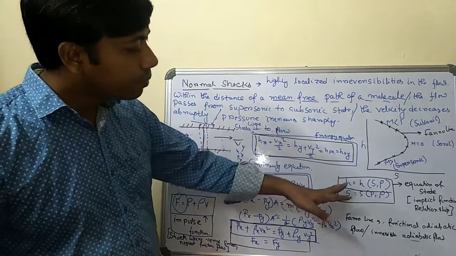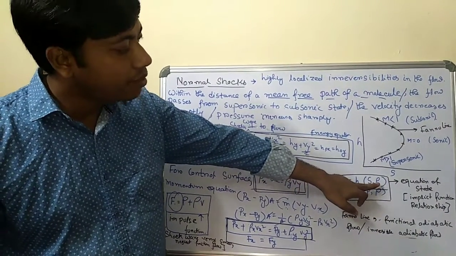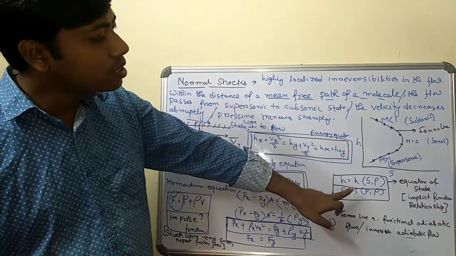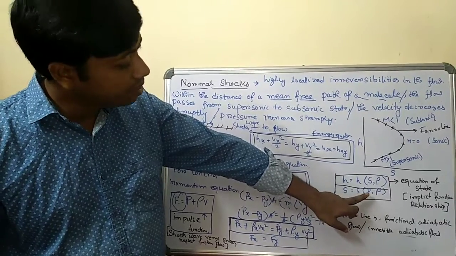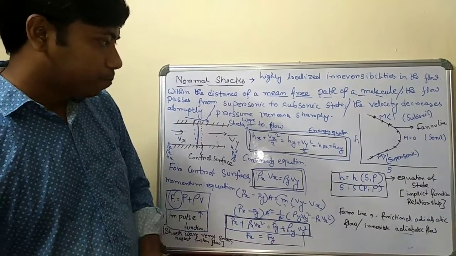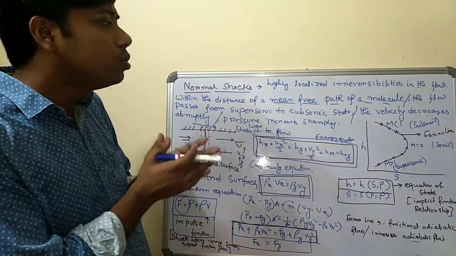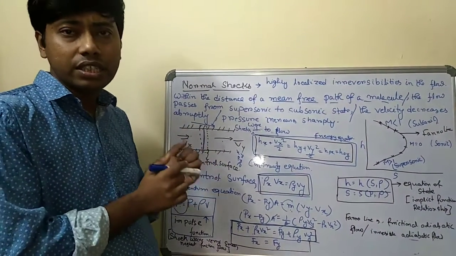Okay, so in terms of that, you can also express enthalpy as a function of entropy and density. Similarly, entropy is a function of pressure as well as density. Now, if you want to know the locus of a point in an HS plane,